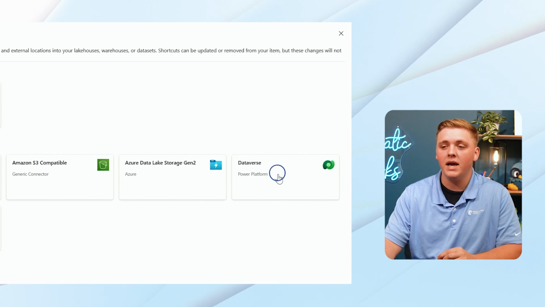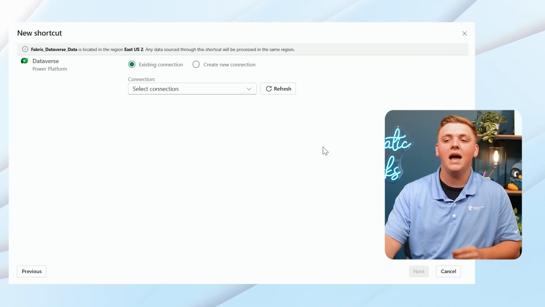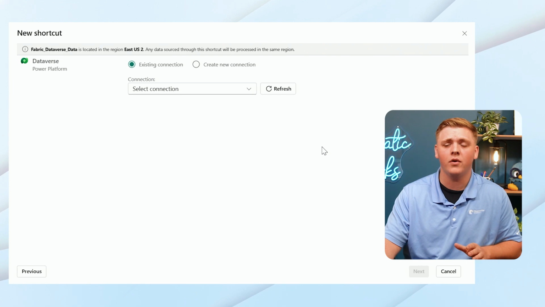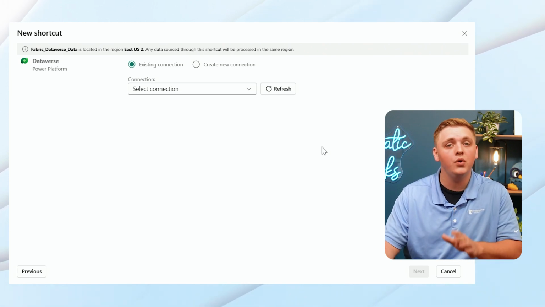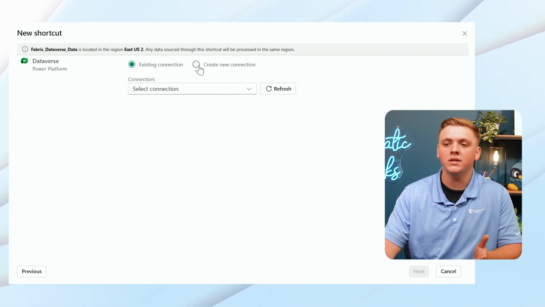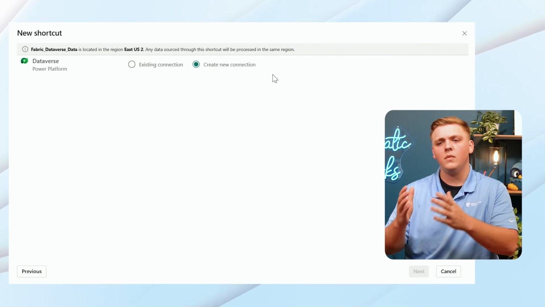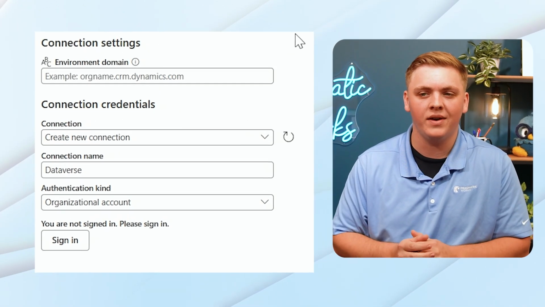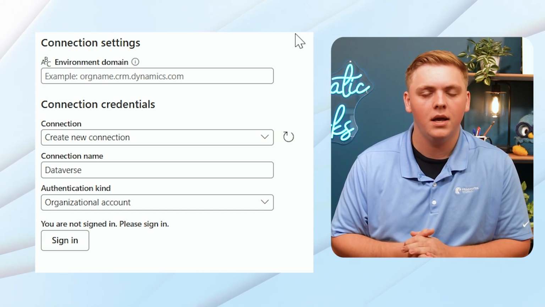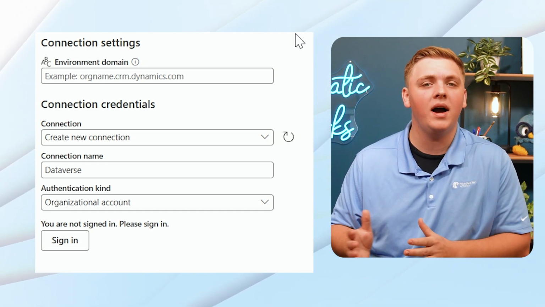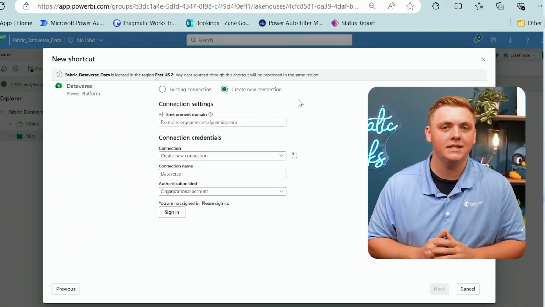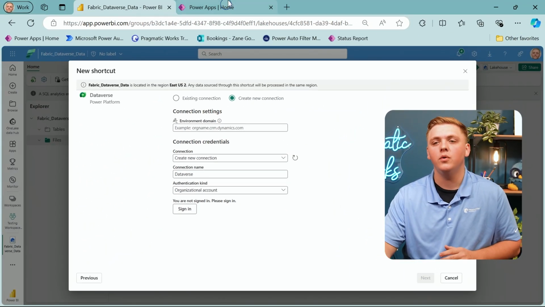I'll go over to the right, select Dataverse, and now it's going to ask me, do I want to use an existing connection to Dataverse, or do I want to create a new connection? What we'll do is create a new connection. And once we select this, it's going to ask us for something very specific, the environment domain. Let me show you where we can find the environment domain so we can plug it in here and connect to Dataverse. If you go to your